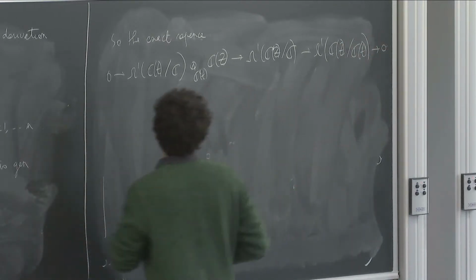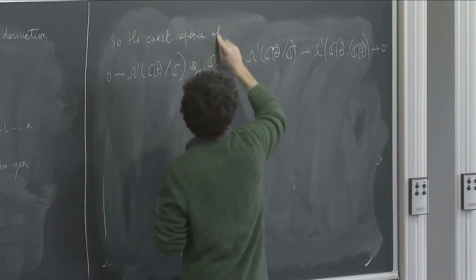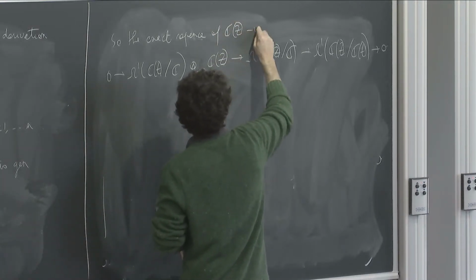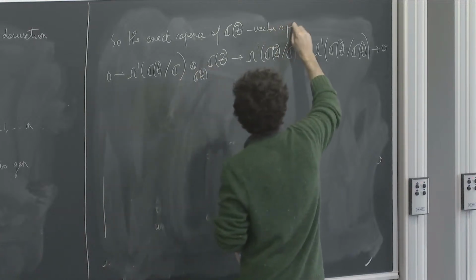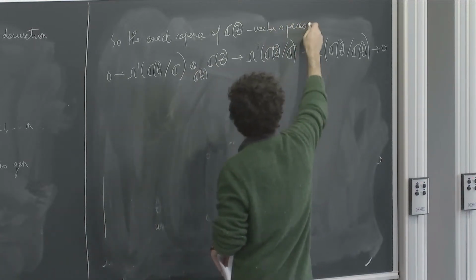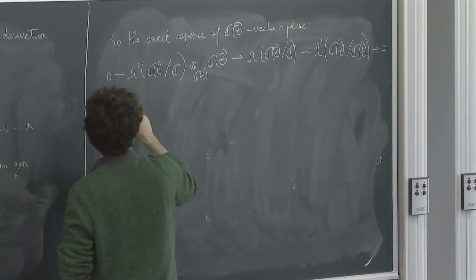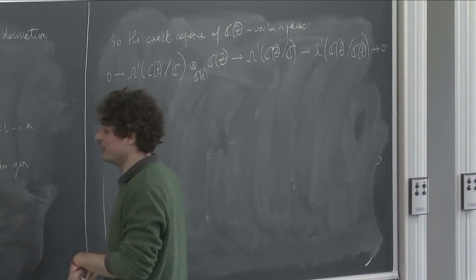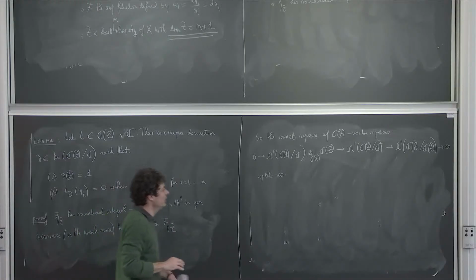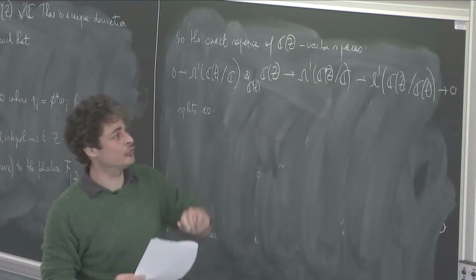Okay, so this is an exact sequence of C of Z vector spaces. Okay, it splits. So telling that this thing is generically transversal means, so here I'm really working at the generic point of Z,